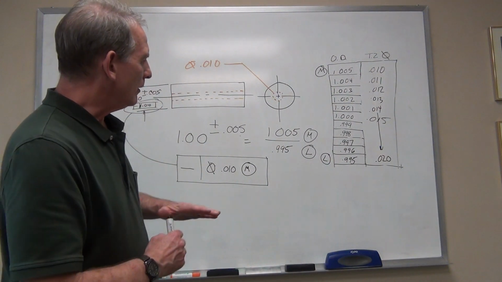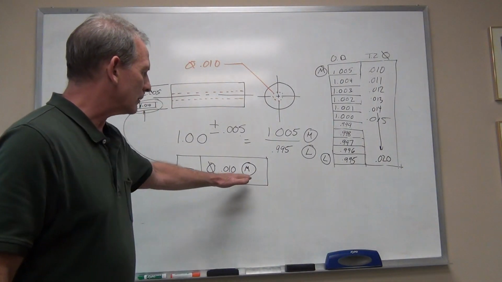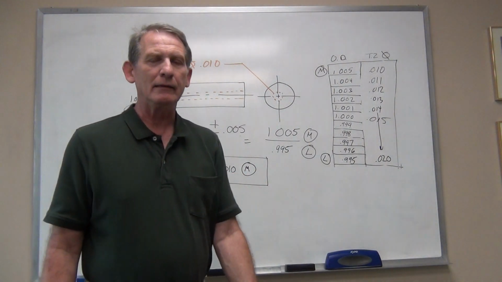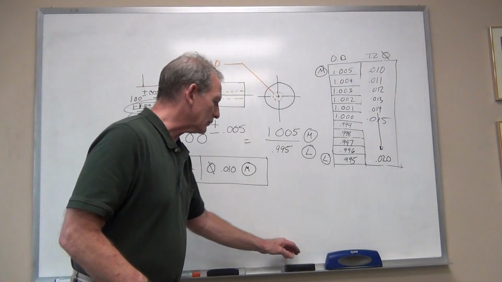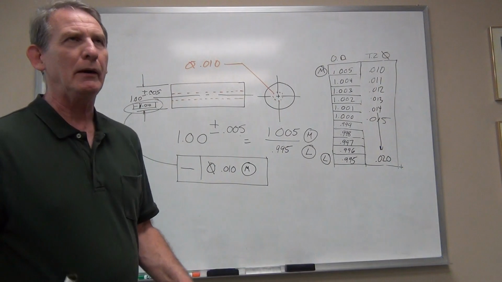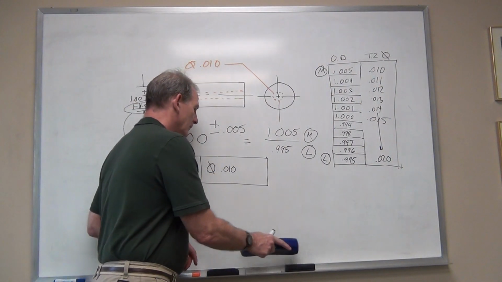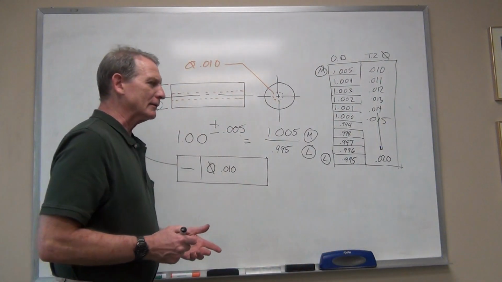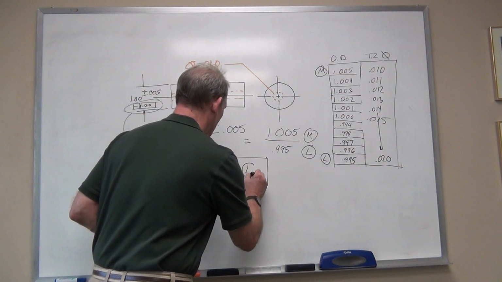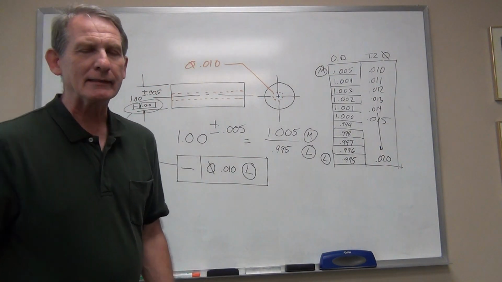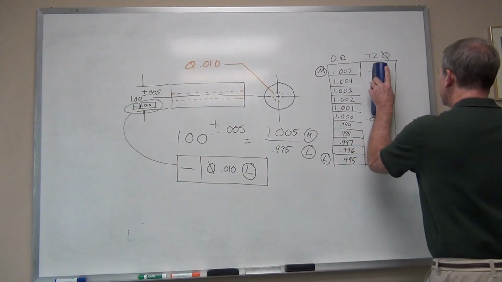Alright, so in most cases, I would say 90% of the cases where you're going to see a material condition modifier, you're going to see it as an M, as a maximum material condition. The least material condition modifier works in a similar but reversed logic way. So let's look at that one. If for some reason, I can't think of a reason why you would do this, but you could say that the modifier is at least material condition. If that is the case, then